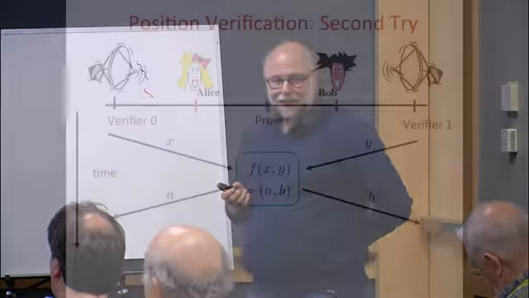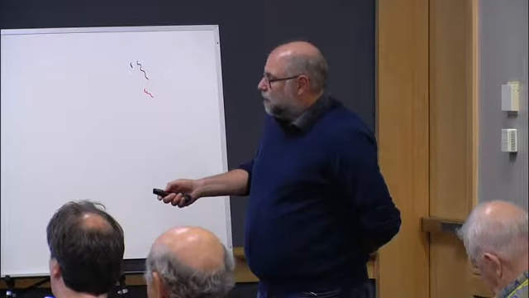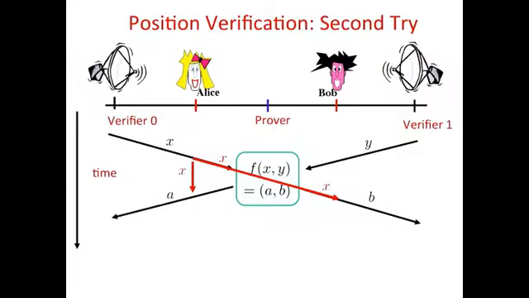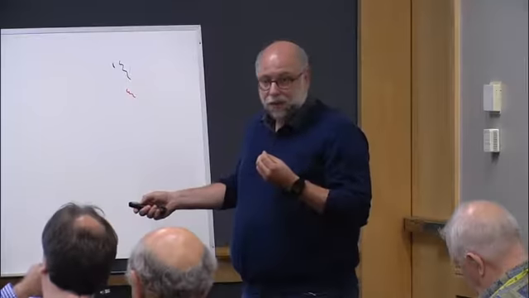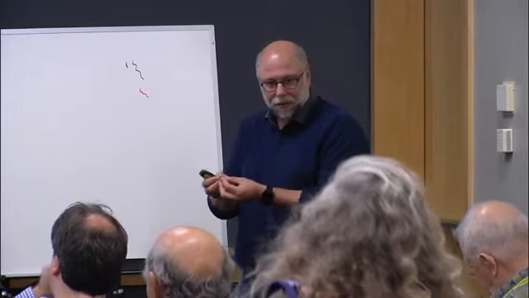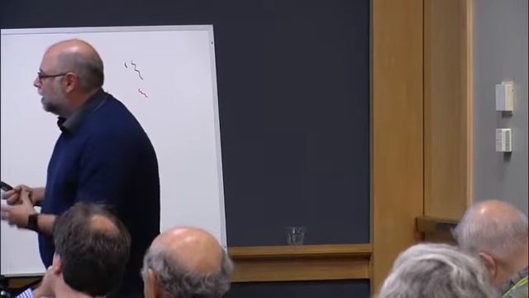But unfortunately, this can also be broken, and it can be broken as follows. Again, Alice intercepts this message X, and not only does she keep a local copy, she also sends on X to Bob. So she makes a copy of the message and keeps the copy at home and sends on the rest to Bob. Bob, of course, does the same thing.